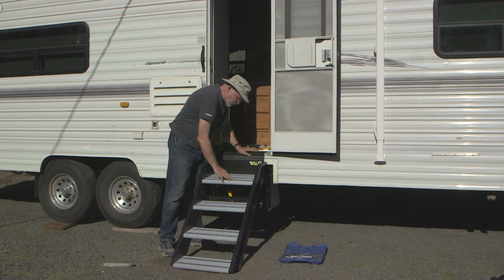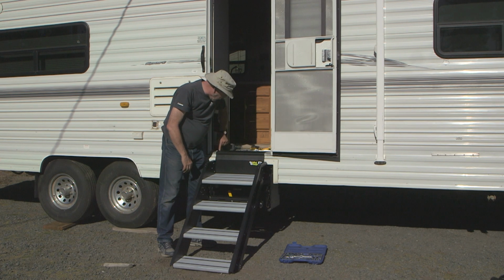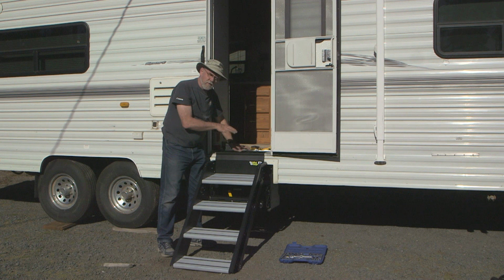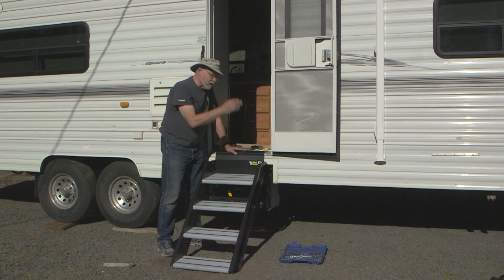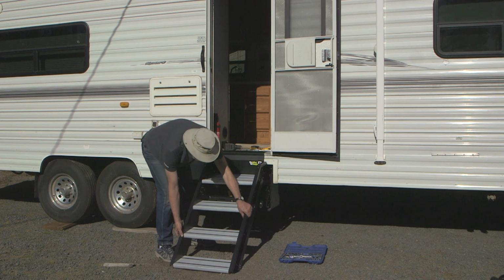Now we have the stairs temporarily, well, partially mounted. They have two holes in the top here. And you put a single screw in each side, and that just sort of temporarily positions it so you can lift it up and get access to the bulk of the screw mounting holes. In the meantime,